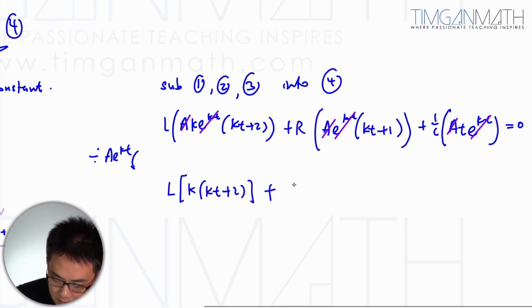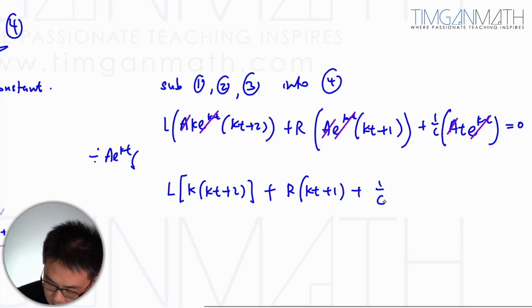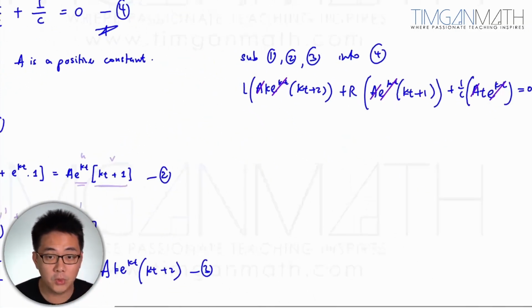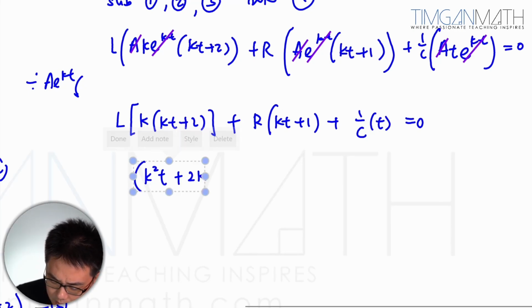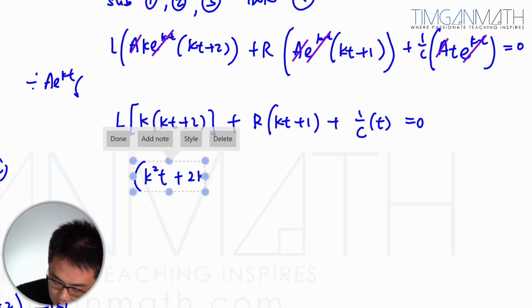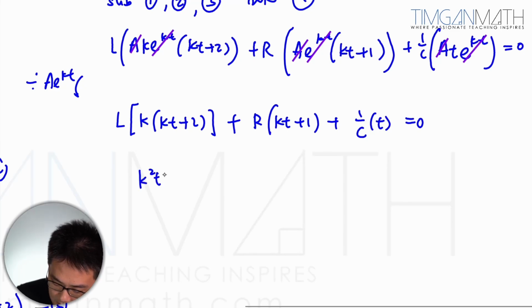Yes, and this will just be r plus 1 over c t. If you're not too sure what to do, just multiply this in, plus 2k times L, expand this: 2k²tL plus 2kL plus rkt plus r plus t over c